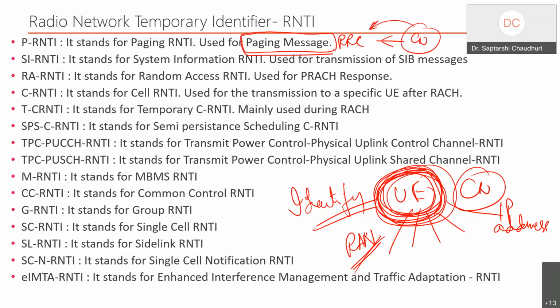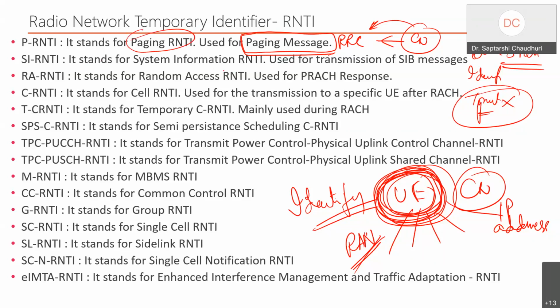When we page, the mobile is in the idle state. So I have to invoke him with a certain identifier, because an identifier comes when you do throughput, and now he is not doing any throughput. How does the RAN know that this mobile has to be paged and identified? So I'll use the paging RNTI to do my job.